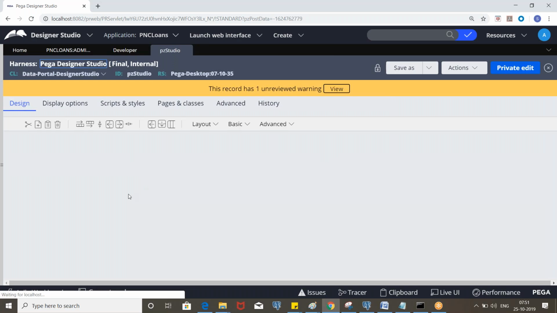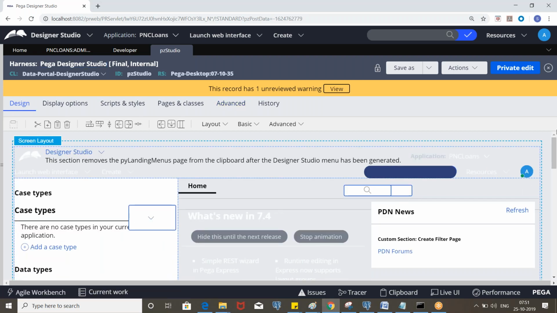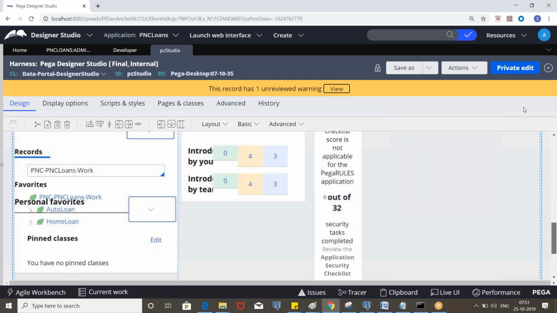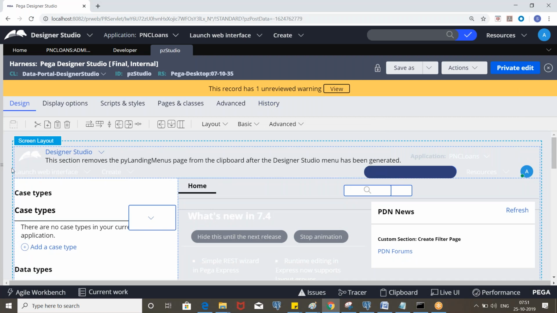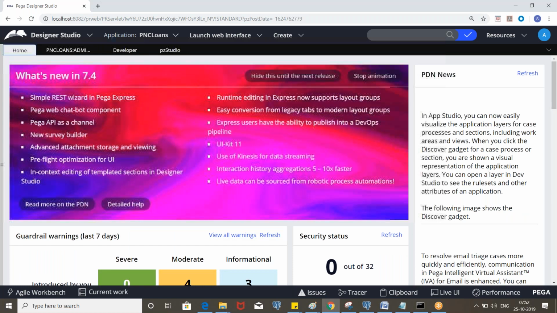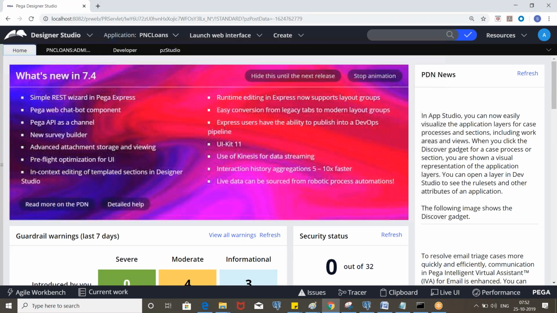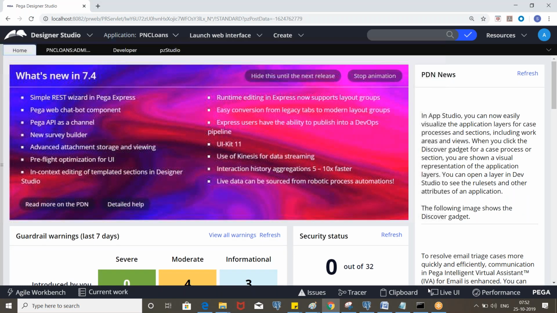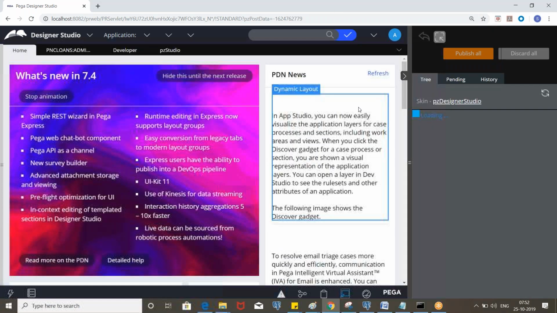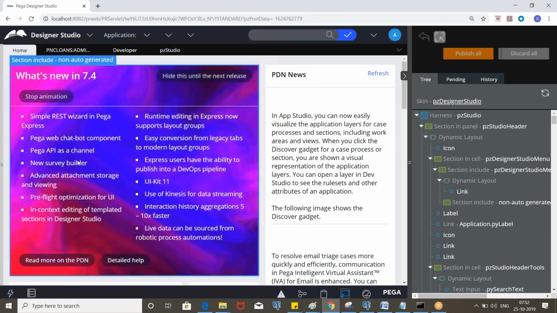Inside the sections, for example for the Designer Studio header we have some section, and for displaying the case types, and on the home page you see the PDN data. If you take the live UI, you will find whatever sections we have on the screen.